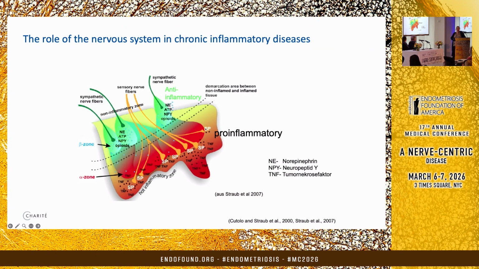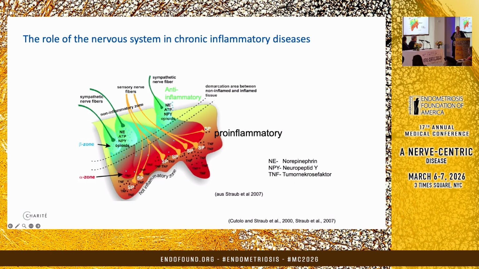Postoperative pain syndromes are also well known to involve neuroimmune modulation and neurogenic inflammation. And we have also very good data from the arthritis research, because they were the first who explored this neurogenic inflammation. We see here that the number of sensory nerve fibers is increased in this inflamed tissue, but surprisingly, the sympathetic nerve fibers are decreased in this tissue.